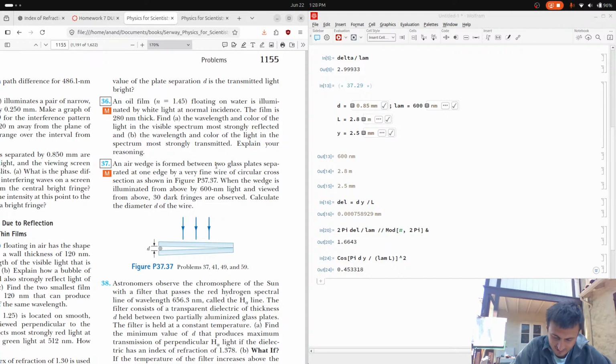Okay, so this ray comes in, and it reflects straight back up. Now this one,